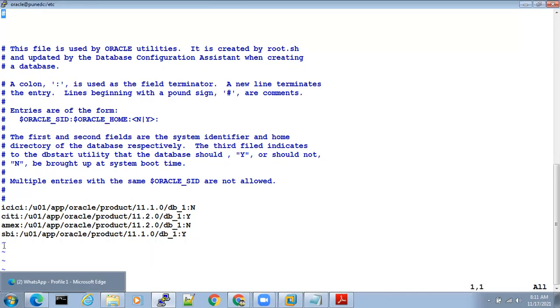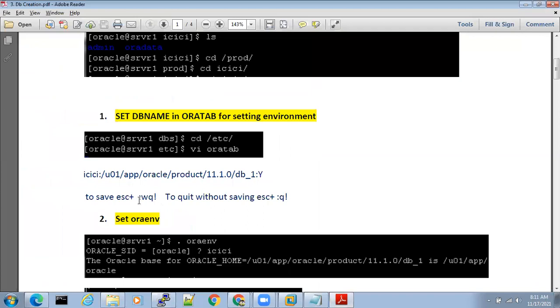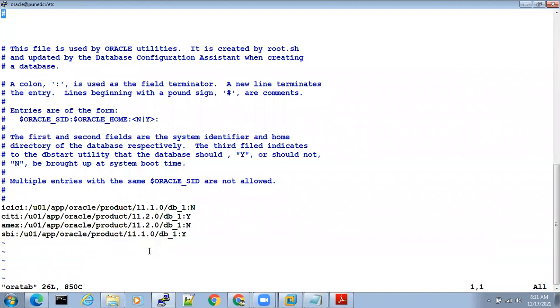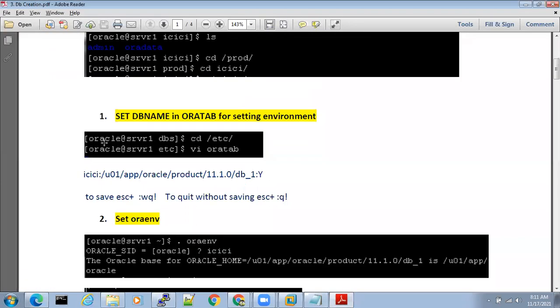See, the line is not saved. To save: escape, colon WQ, exclamation mark. To quit without saving: escape, colon Q, exclamation mark. So this is how I saved it.